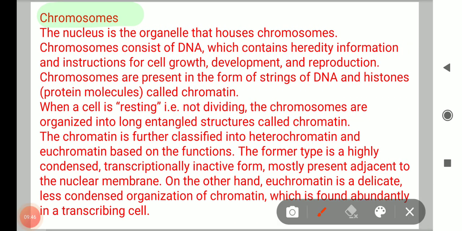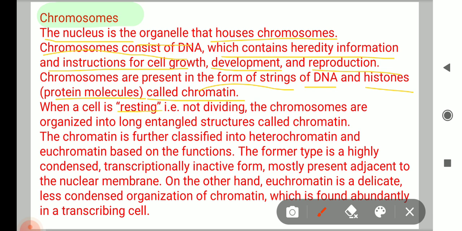Chromosome. Let's come to chromosomes. The nucleus is the organelle that houses chromosomes. Chromosomes consist of DNA, which contains hereditary information and instructions for cell growth, development and reproduction. Means chromosomes contain hereditary information and also contain DNA. Chromosomes are present in the form of strings of DNA and histone protein called chromatin. Histone protein is present inside the chromatin, and